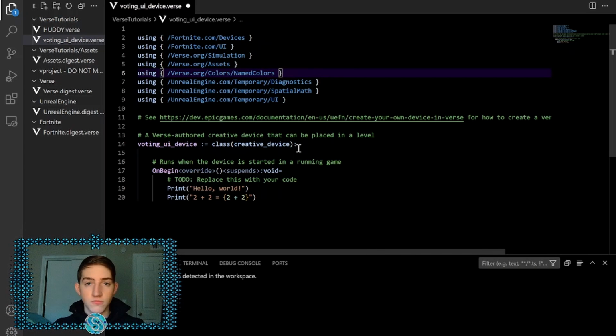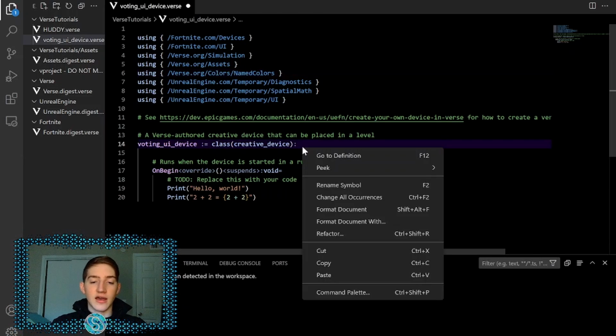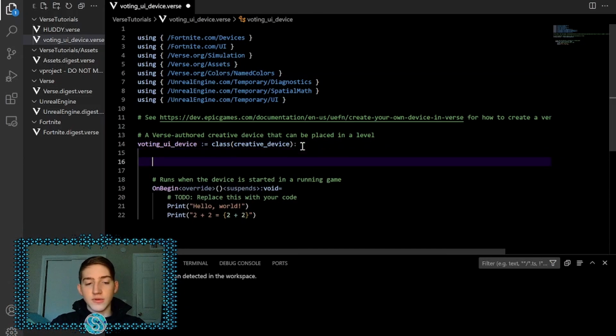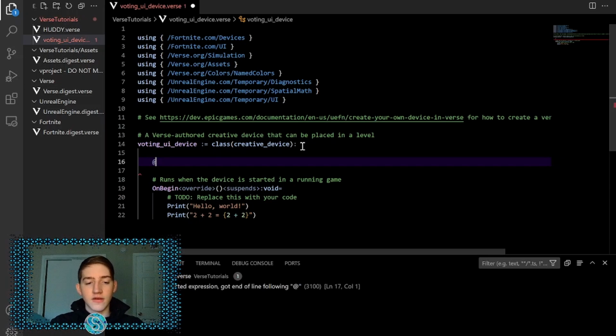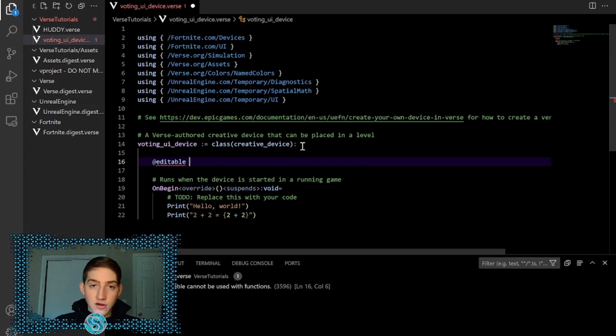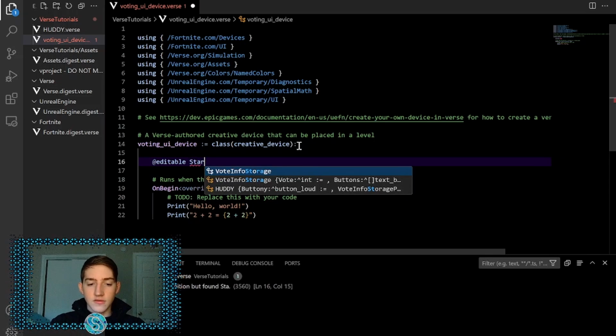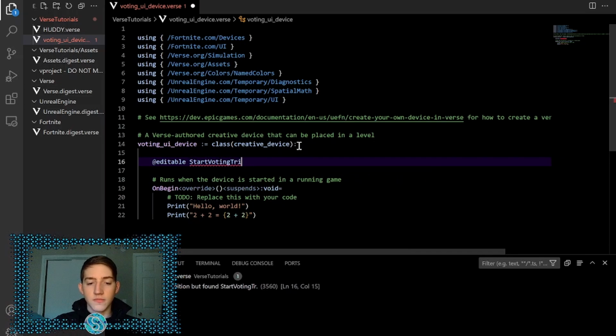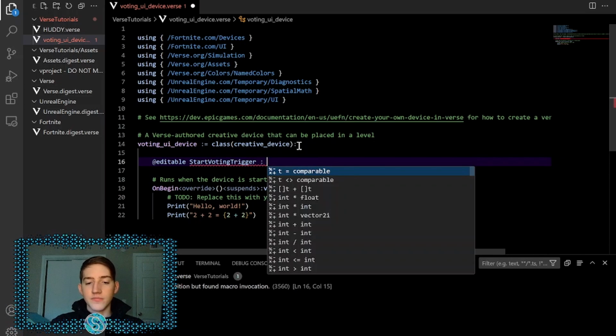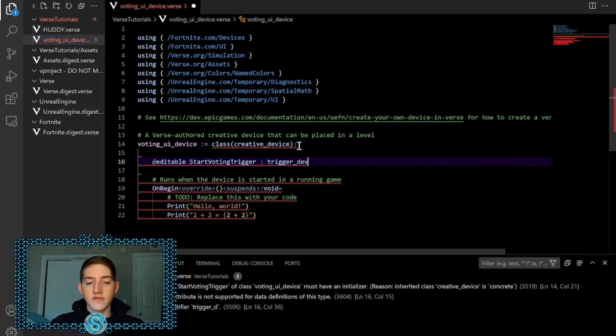The first thing I want to discuss is our voting device is going to have two inputs, which are going to tell it what to do at certain moments. And those inputs are going to be a start voting and stop voting trigger. So we're going to have @editable. @editable means that you can see it in the editor. You can put it in. Like for a device, you would put the device in when you're in the editor once you place the device down. So @editable, StartVotingTrigger, and then add a colon and do trigger_device